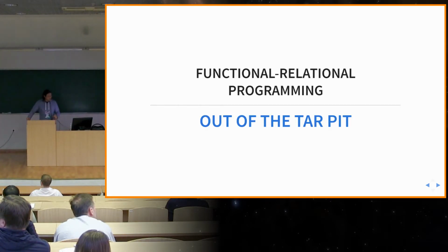I will tell you a little bit how we develop in general. We like functional programming. Functional relational programming. And there is an article, Out of the Tar Pit, where the authors analyzed which problems they experienced during development, and they said that it's better to write in a functional style, and where they need state, they use a relational database